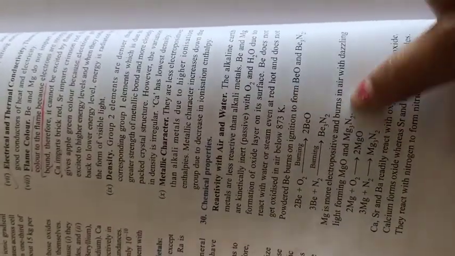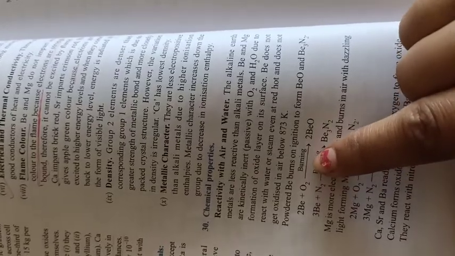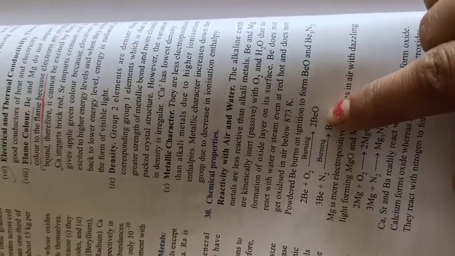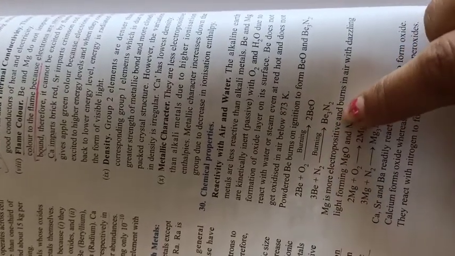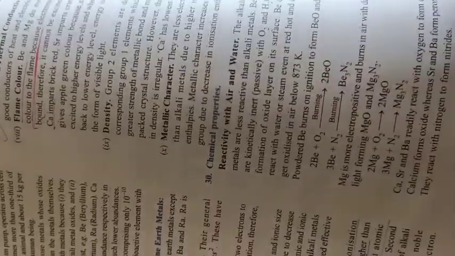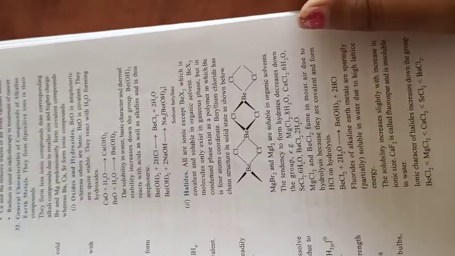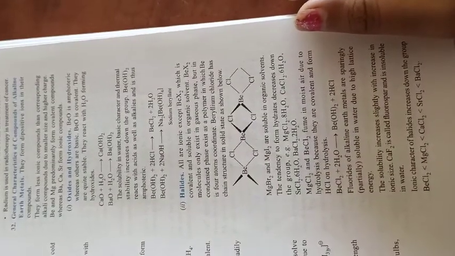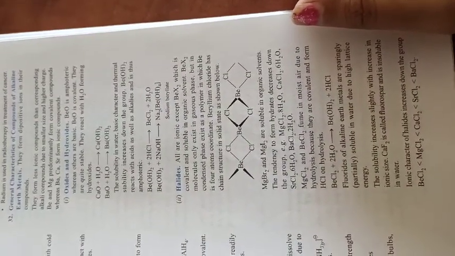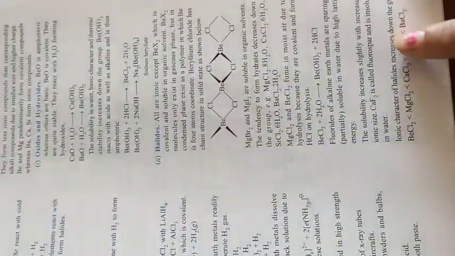Chemical properties came again. Beryllium reacts with oxygen in the presence of burning to form 2BeO. 3Be plus N2 gives Be3N2. So this thing is going on like this. Next, various reactions are here. It is your wish how you will write. After this, we are using general characteristics of compounds of alkaline earth metals. Halides are there, giving examples, diagram of halides like this. Understood, beta?